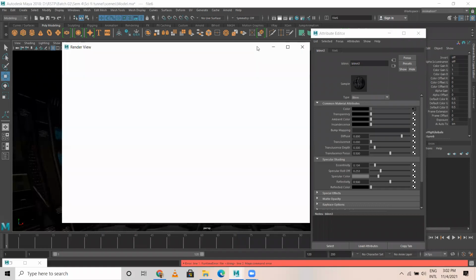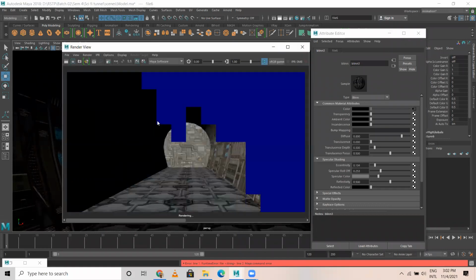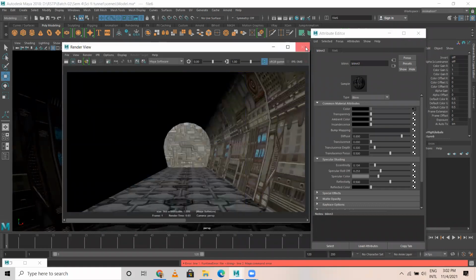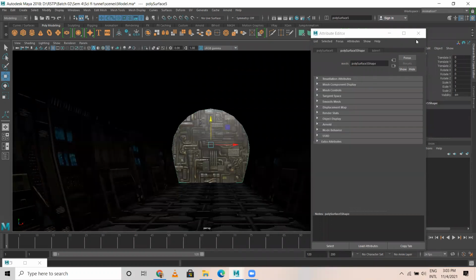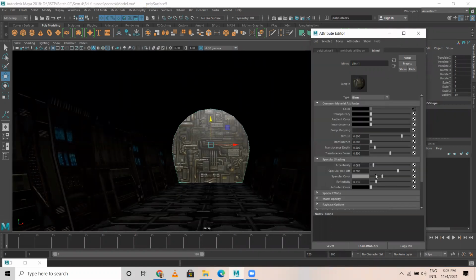In Maya software, if I take a render, I think you should be able to get some output like this. I select this in Blinn. Eccentricity 0.1, specular roll off 1, specular color. I think this is okay.